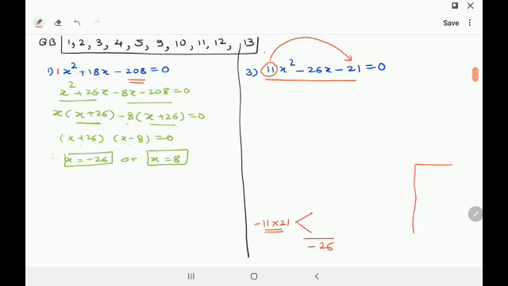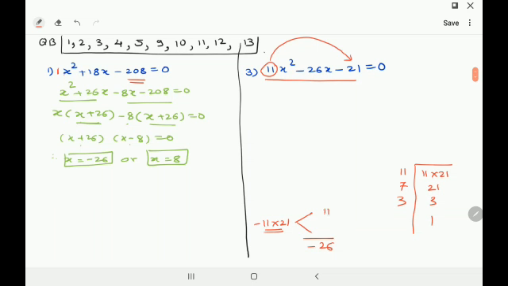11 into 21 looks like a very big number. Right? I'll just write 11 into 21. If you want to multiply and keep it there, no problem. So 11 21s are 7 3s and 3 1s. That's it. 11 and 21 can be the factors here.